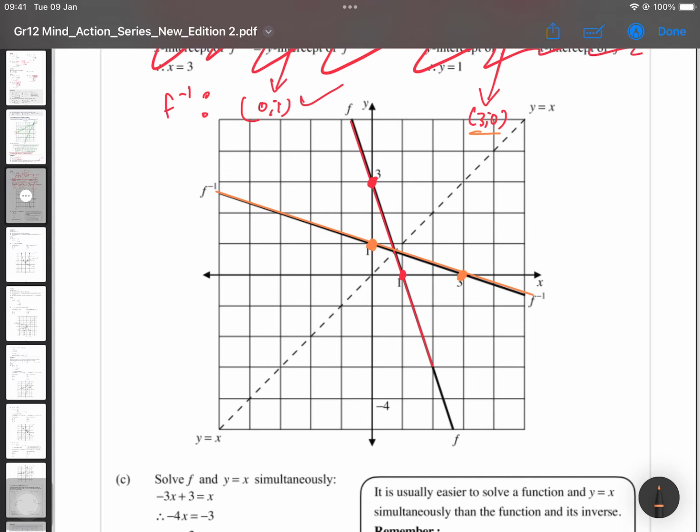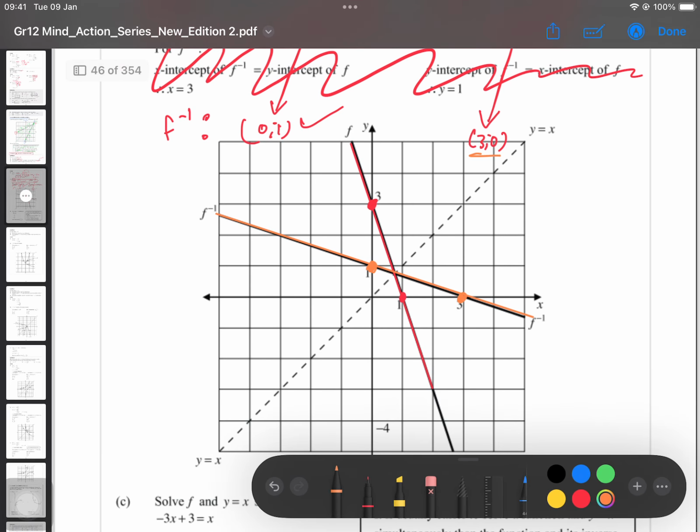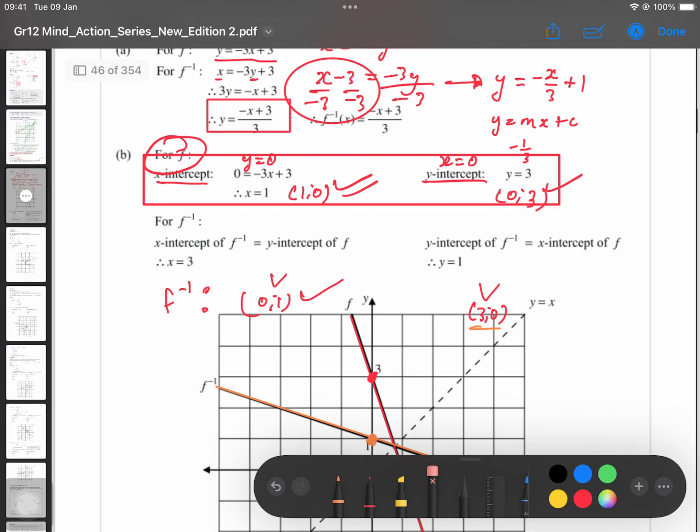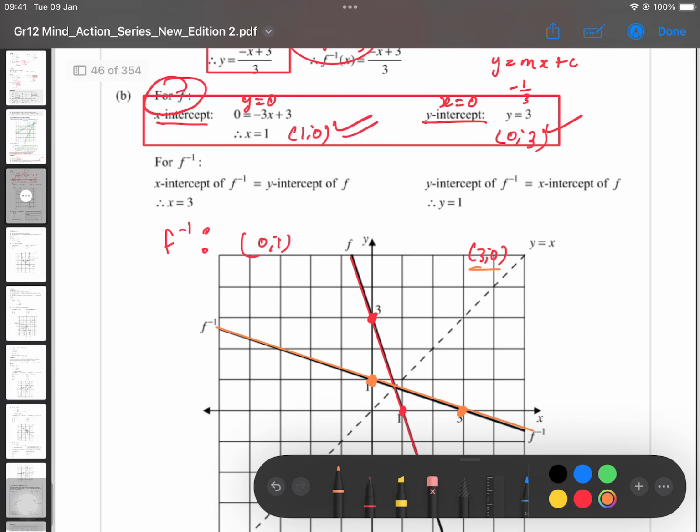So you'll see if you just find the x-intercept and the y-intercept of the original, and then to draw the inverse, you just swap them. Now, if you're already given points or you're already given the original graph, you just take 2 points, swap them, and then plot them, and then you're sorted. But then back to this. So you'll see that